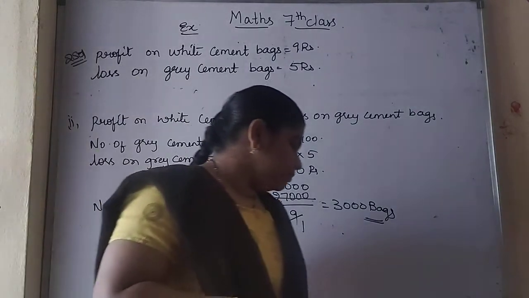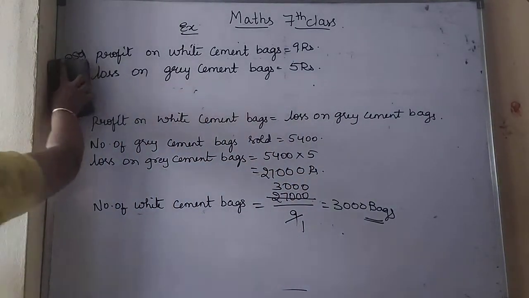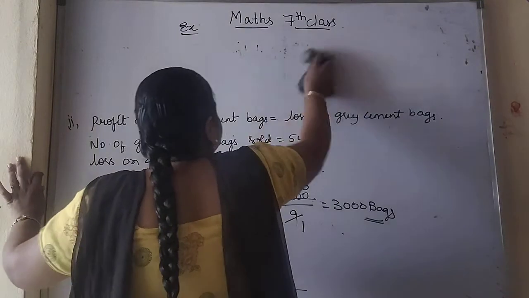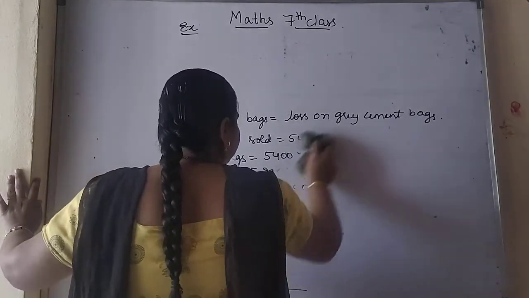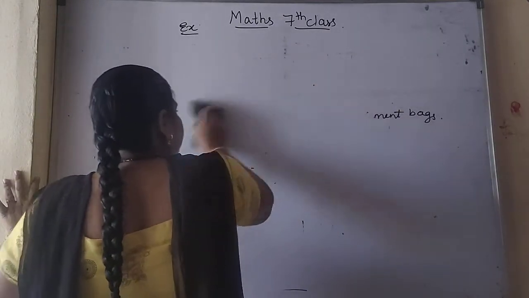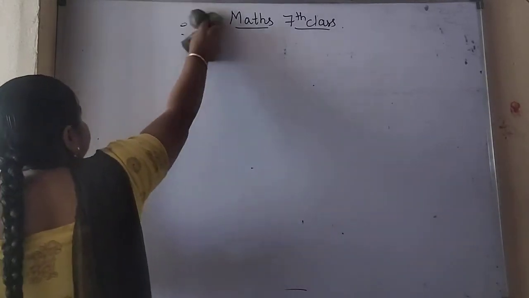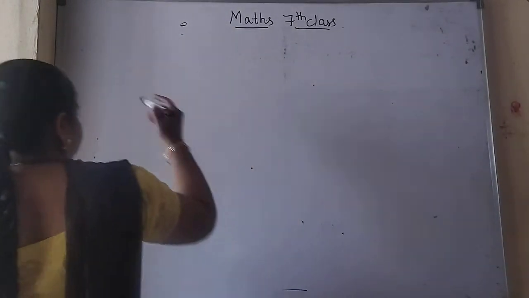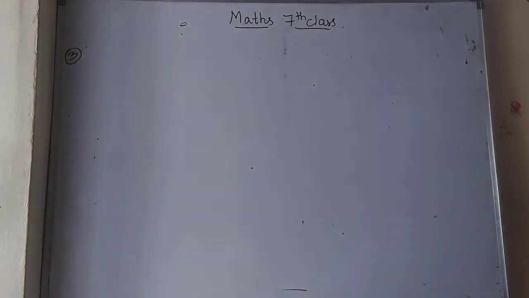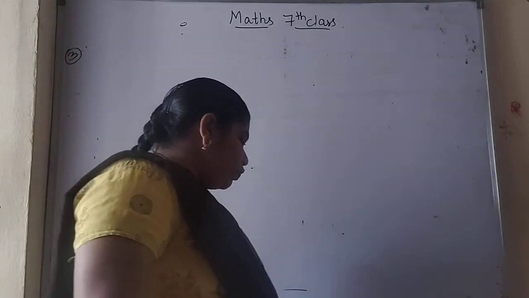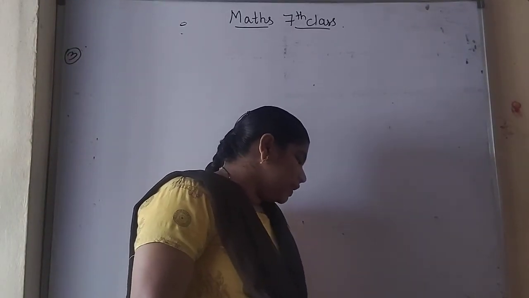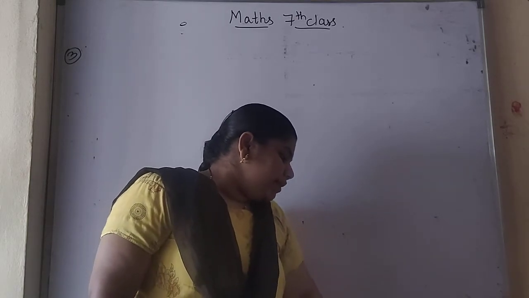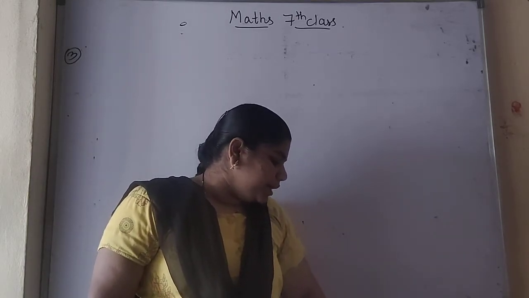Next is the third question. So next is the third solution. So what is the next equation? The temperature at 12 noon was 10 degrees Celsius above zero. If it decreases at the rate of 2 degrees Celsius per hour until midnight, what would be the time at 8 degrees Celsius below zero? What is the temperature at midnight?